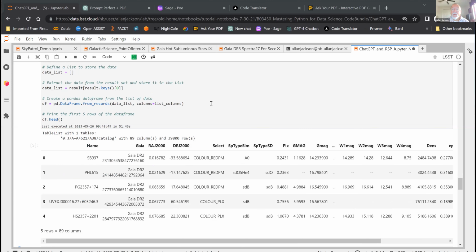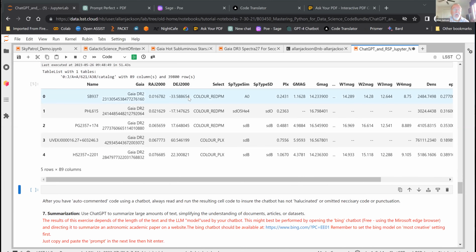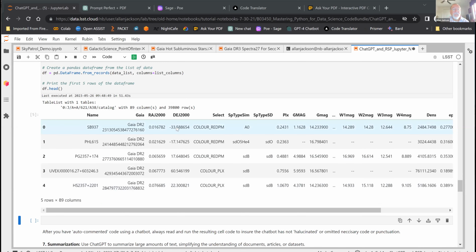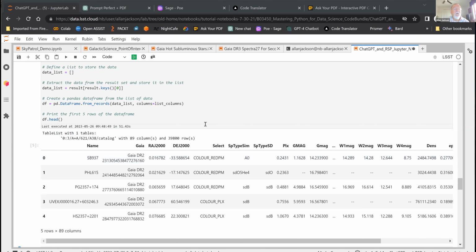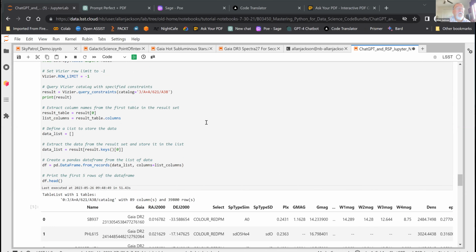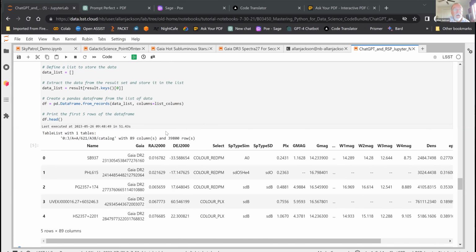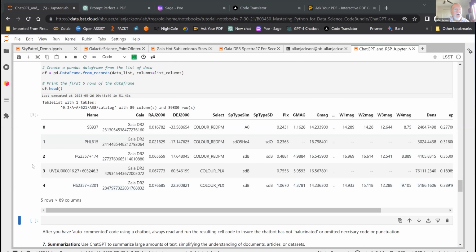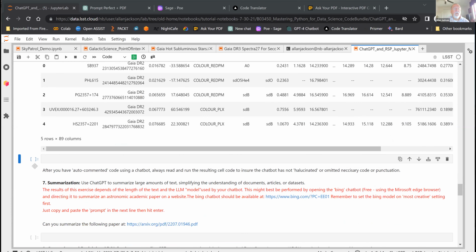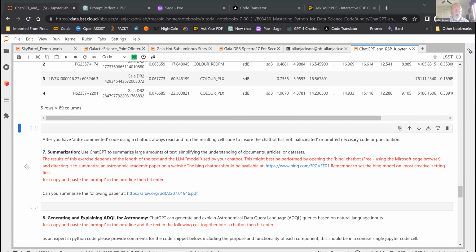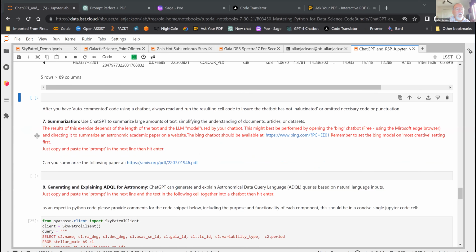Okay, so anyway, that code that we commented, it ran. It looks like it ran successfully. It came back with the head of some 39,000 rows of data from the Vizier catalog. Yeah, grabbed a bunch of Gaia data, and I guess at this point you'd wade into it and start doing what they call exploratory data analysis, and getting rid of columns and stuff that you didn't want to use anymore.